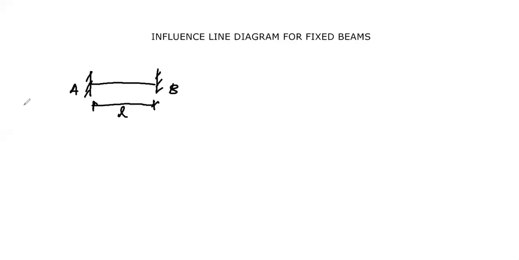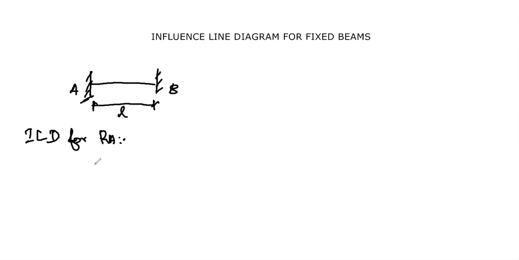To find the influence line diagram for the reaction at A, what we are first going to do is remove the force quantity at that point, the force quantity we are going to find. So here we are going to find the reaction, so we have to remove the reaction carrying capacity at point A. This fixed support is capable of resisting both moment and reaction; here the deflection and slope will both be zero. This is a known thing.